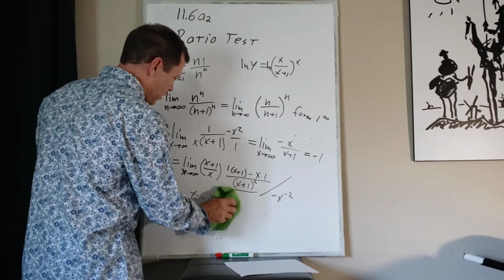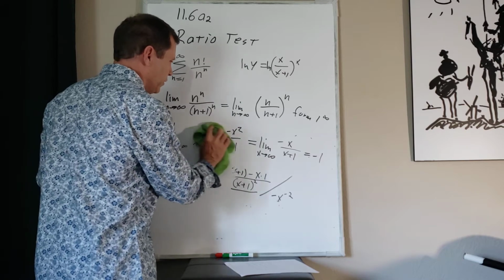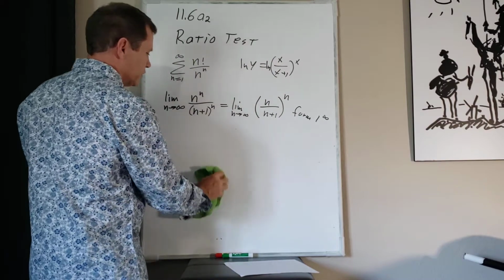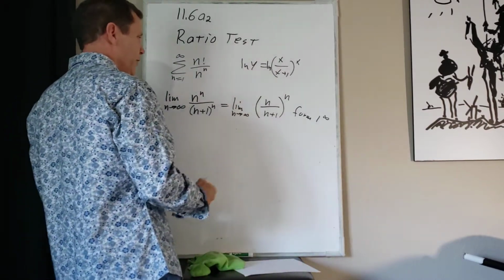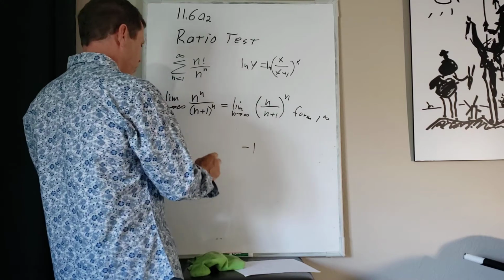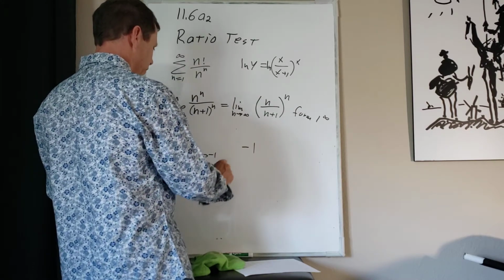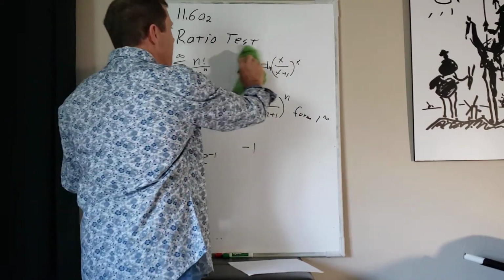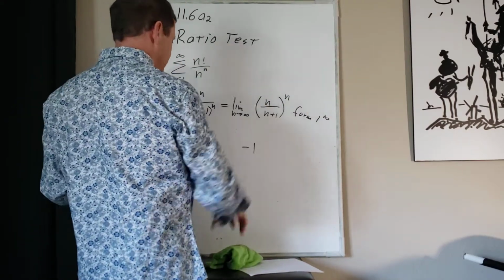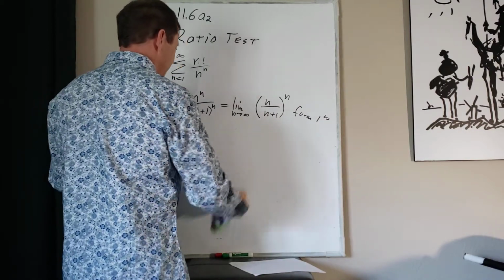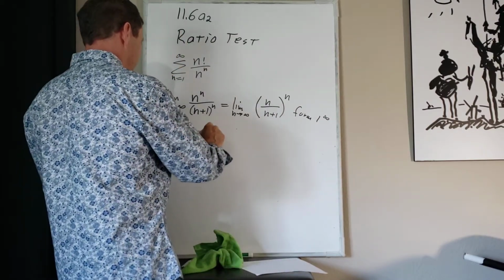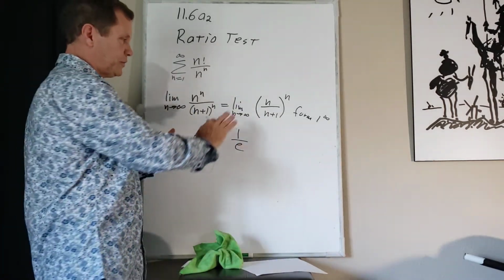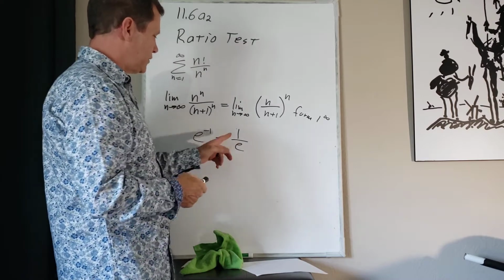The real limit of this whole thing, and again, sorry I'm having to do it with a little bit bored. It's annoying to me, but we'll do the best we can until we get over this crisis. So this went to a negative 1, so the real limit is e to the negative 1. So when I do all of this, I hope, and it did all of this stuff right here, I ended up with e to the negative 1, which equals 1 over e. So unless I screwed up somewhere in here, the final answer to this thing is 1 over